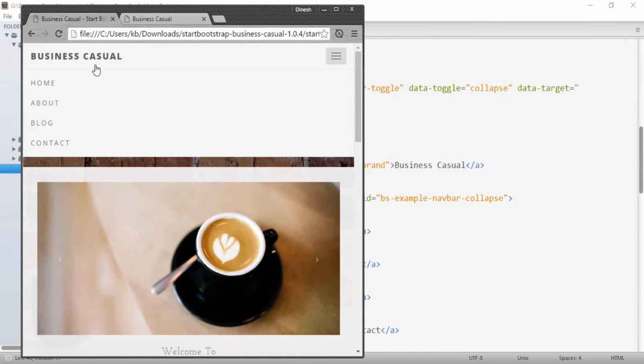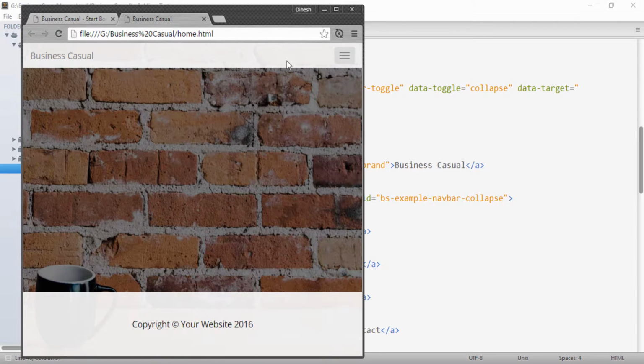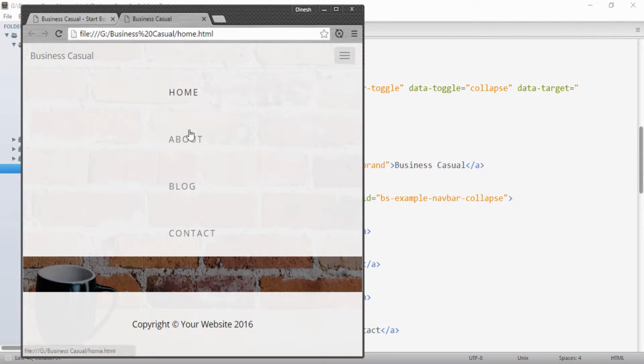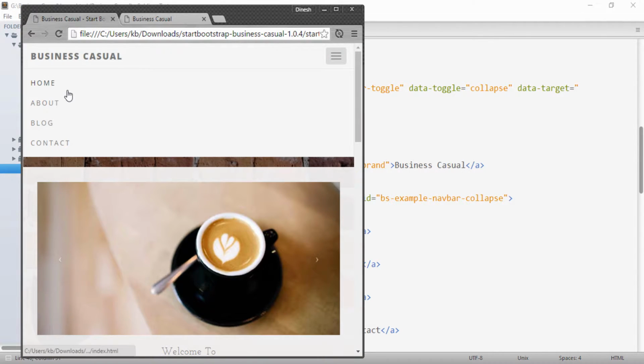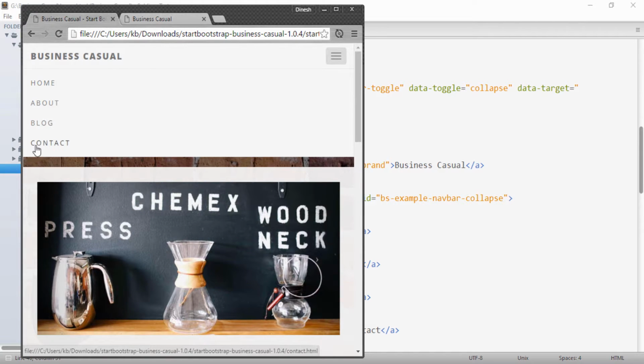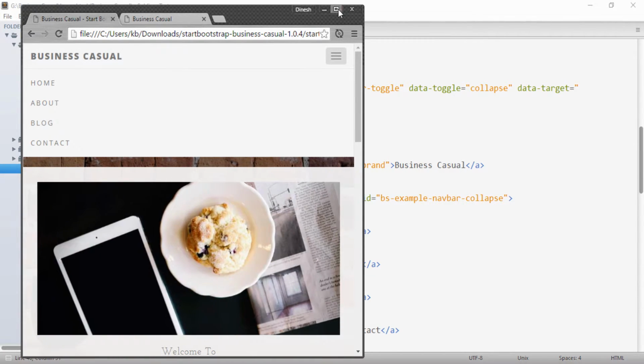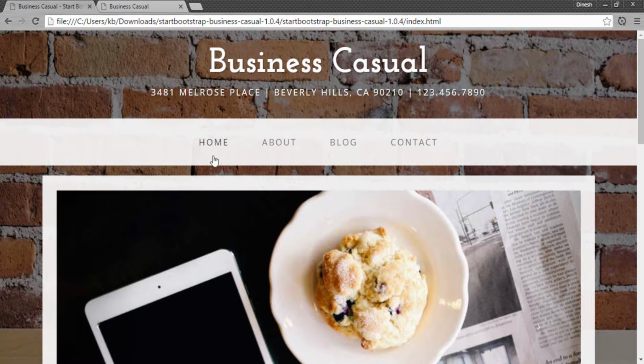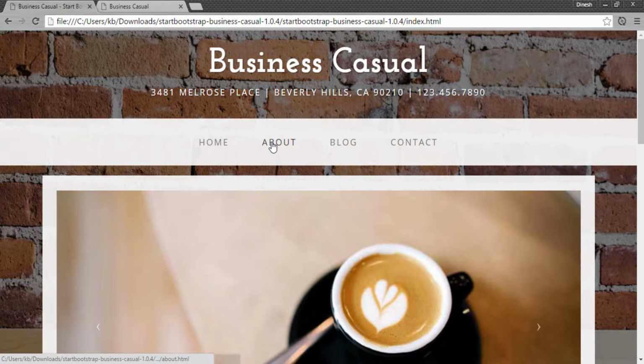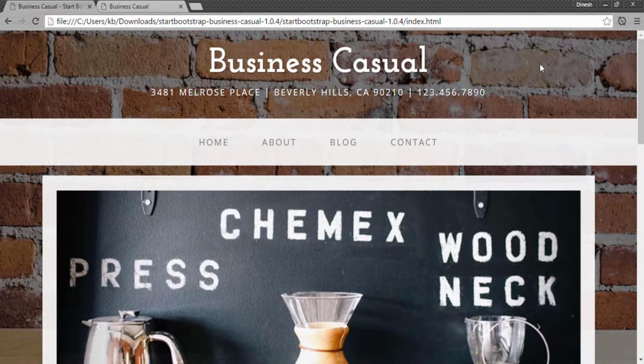And if I go to the original site, you see that we need to make a few changes here. This business casual, we want to make bold, and if I toggle the menu, you see the padding and all, we need to remove this padding when it's a mobile device, and we have to give a default font when it's a mobile device. And if we increase the width of this browser, it should come back in the form of having a padding and a large font size.